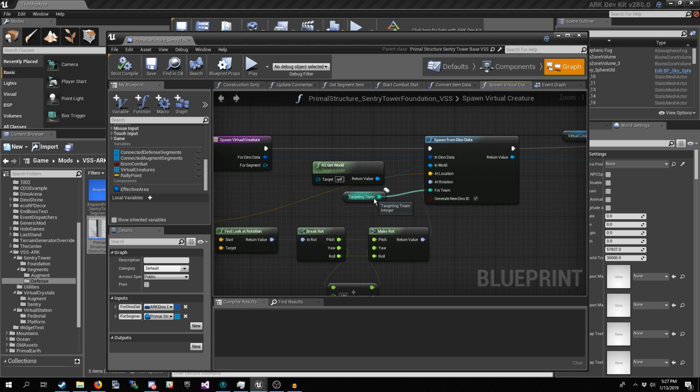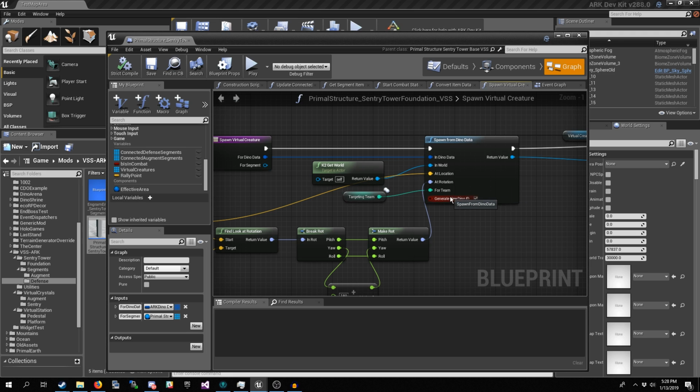This is your team. These are your friendlies and your enemies, how the game identifies whether or not something should or shouldn't attack you, or whether or not it obeys you. So we tell it we want it to be on the team of this tower. Okay, so these crystals could potentially be traded in the future. They could become their own currency, who knows?